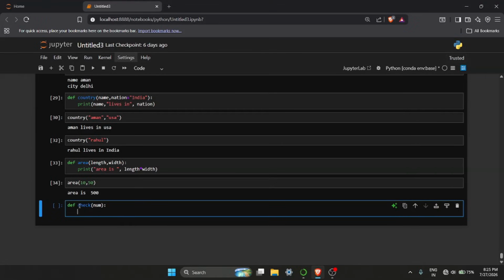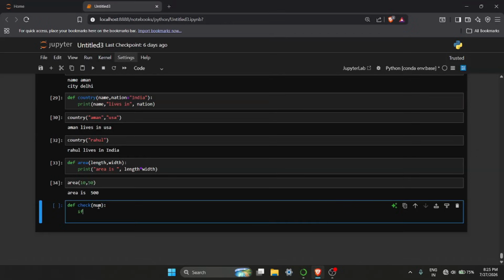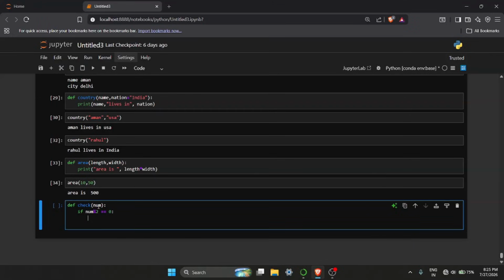So I created a function named def check, and we will take num as parameter. So now we will write a statement which is if num remainder 2 is equal to 0, then print